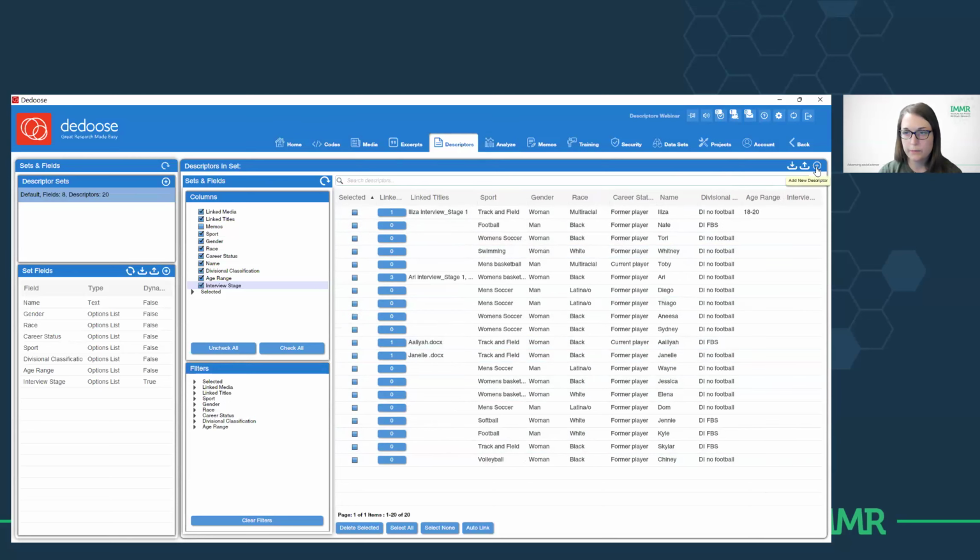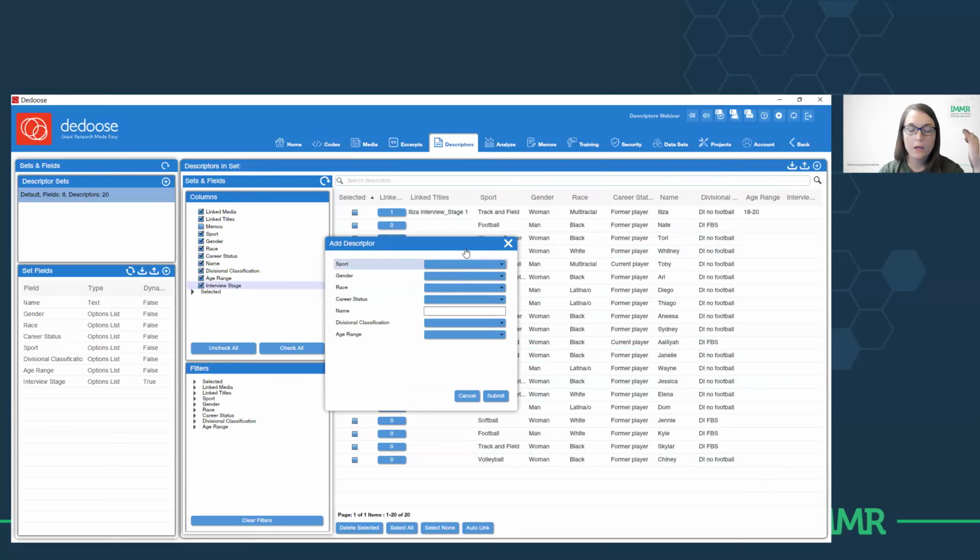One way to do that is to click on the little addition icon in the upper right. So add new descriptor. And you're going to see all of those descriptor field categories populate, and we can choose which data corresponds to this participant. You can see how option lists are easier to work with. And then hit submit.